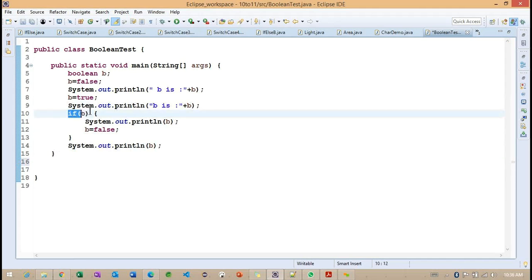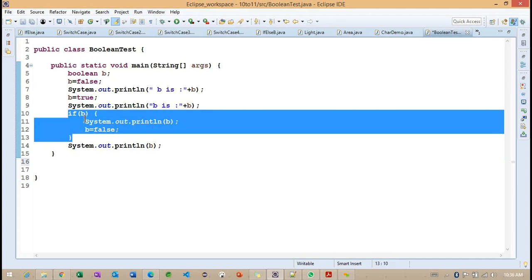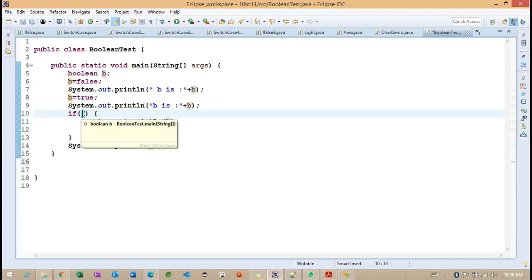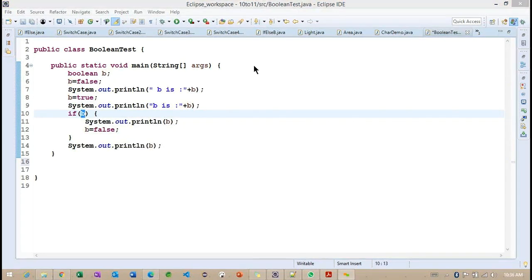Good. So this is the conditional block we are using here, and we need to focus on the value contained in the B variable. Carefully observe. Initially, we made the B value false, at line number 6. Later, at line number 8, we change it to true. So the false became true here, and line number 9 is executed.